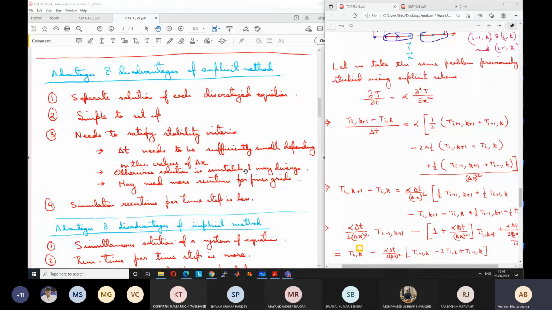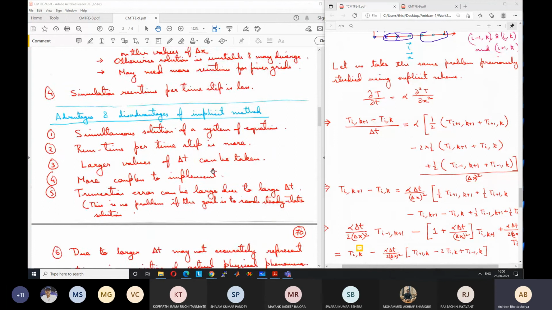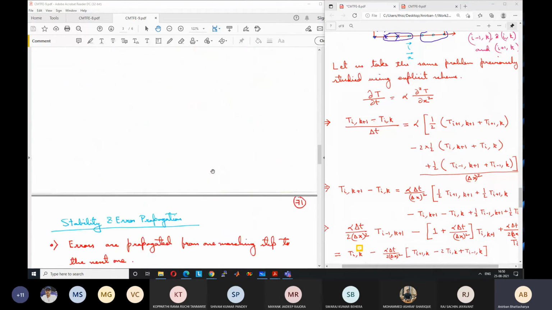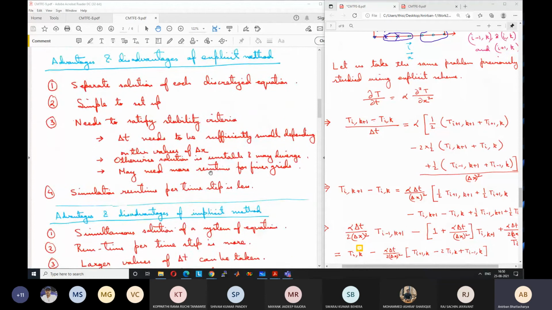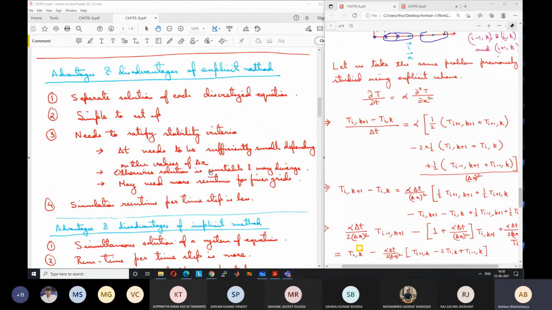So we have discussed explicit and implicit schemes. Let us formally have a discussion on what the advantages and disadvantages of these schemes are. And then we will discuss an assignment problem, a practice problem, what can be practiced and how to approach that problem, so that you have some hints on how to solve it instead of directly jumping into the problem.